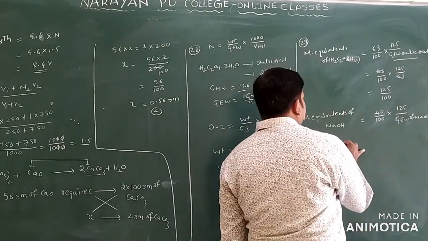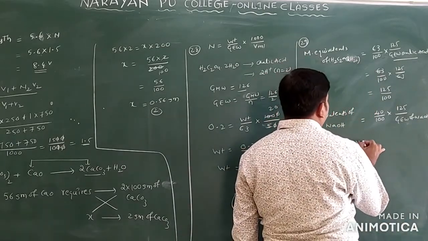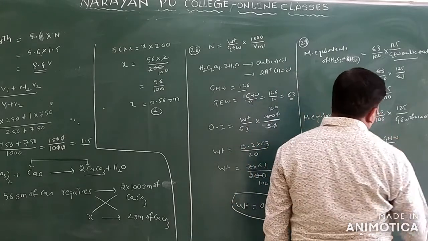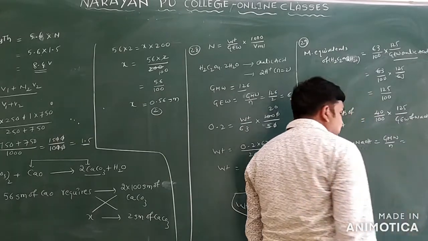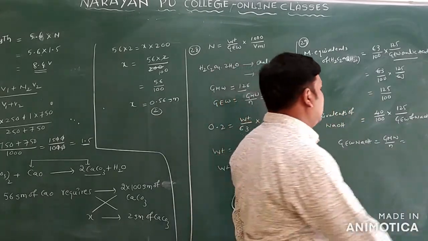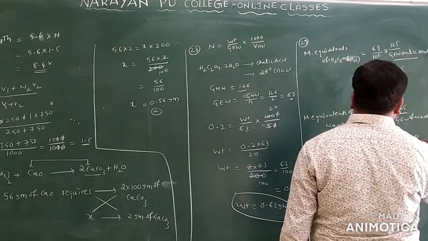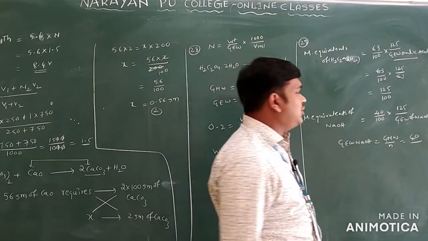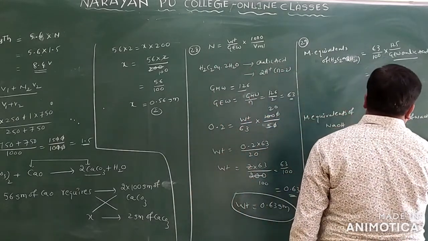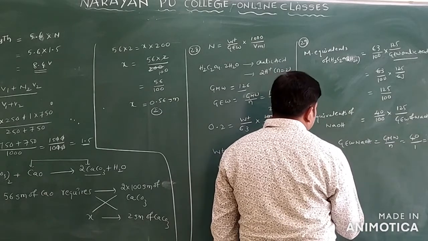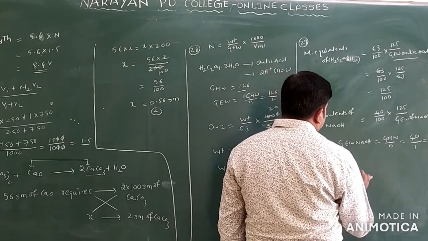So the gram equivalent of NaOH is what? Gram equivalent of NaOH is equal to gram molecular weight by N. Gram molecular weight you can find out here: sodium 23, oxygen 16, hydrogen 1. All together you will get how much? 40 by N factor. NaOH gives how many OH minus ions? 1 OH minus ion. So you will get how much? 40 only. Now we will write here milli